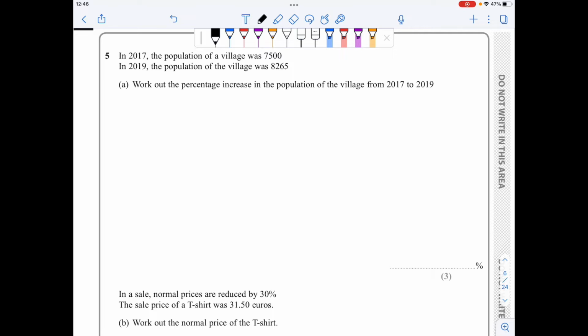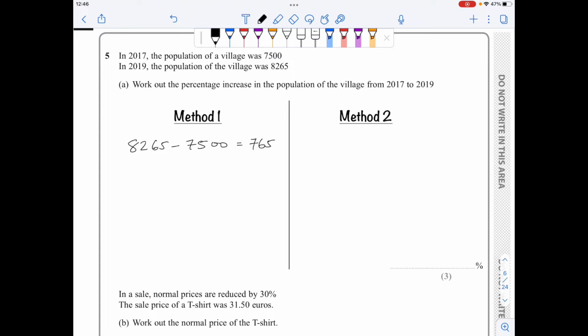For question 5a, I'll use 2 methods to solve this question. So for method 1, I will first find the actual increase, which is 8265 minus 7500. This is 765. So now the percentage increase is the actual increase over my original value times 100, and this will give me